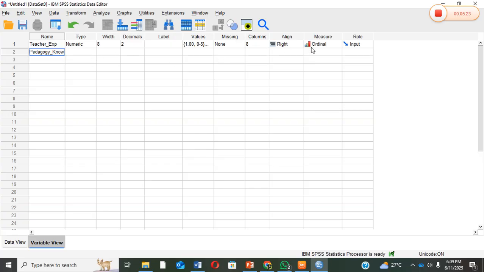Because the scores are a continuous variable, we put it on scale because the values are continuous. So it has to be scale because they must have used some kind of achievement test to determine their pedagogical knowledge during the research. So because the data is continuous, then it is better we measure it as scale. Having described